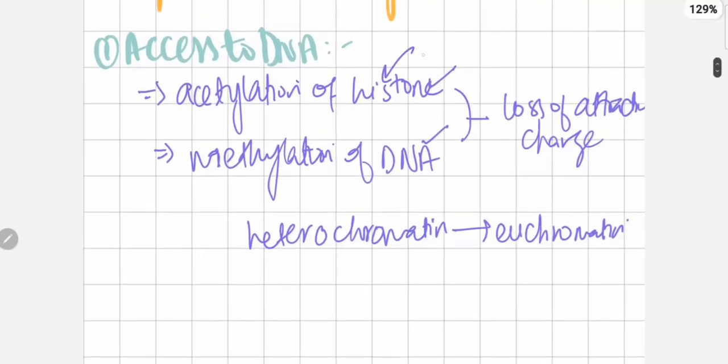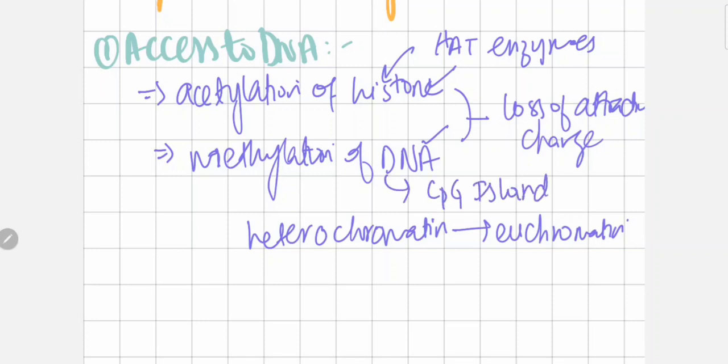This is done via HAT enzymes, and this is done in CpG islands where there is increased CG, cytosine and guanines, CG rich regions, and these are done by